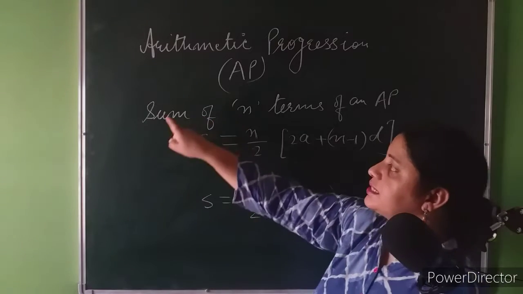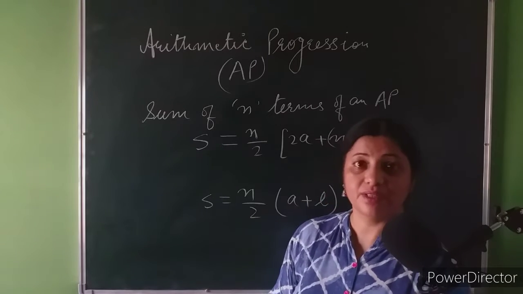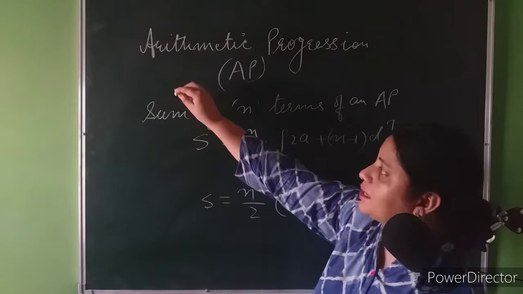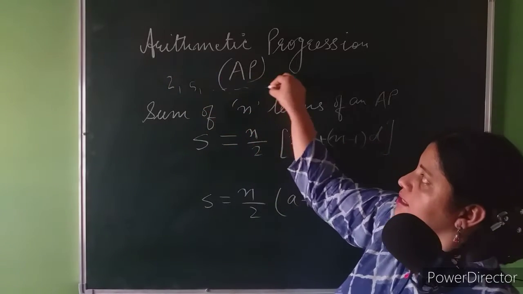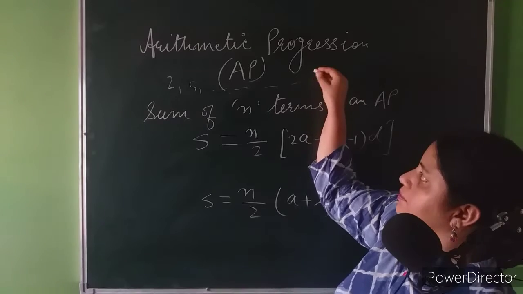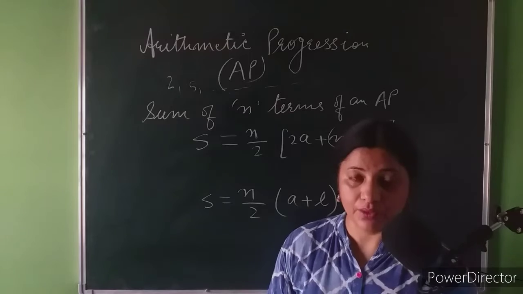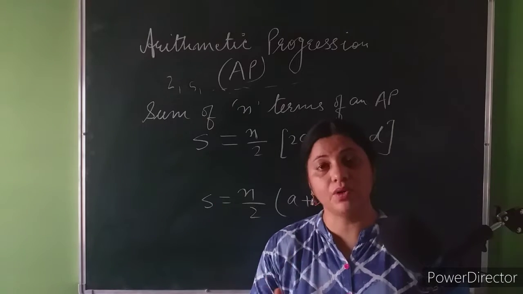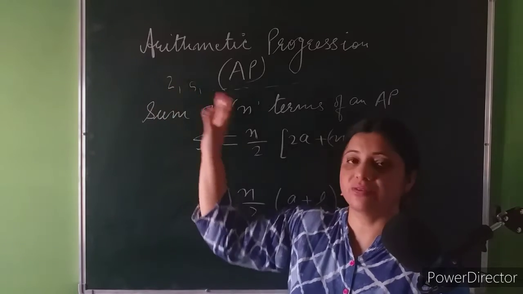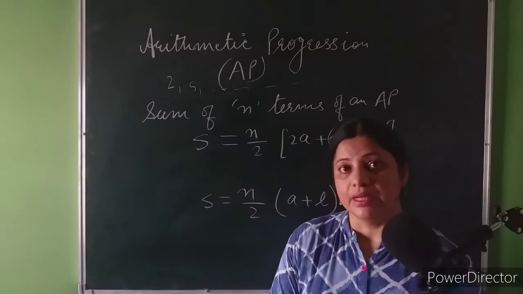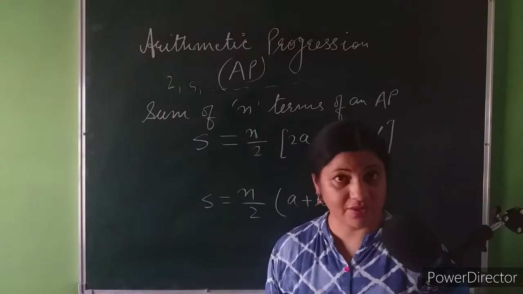Remember always, the first thing is the sum of n terms of an AP. What is the meaning of the sum of n terms? First of all, suppose I keep on writing the AP. Suppose I write 2, 5, like this, and I write a total of 100 terms. Suppose this is an AP and there are a total of 100 terms. The question is: find the sum of all those 100 terms which start from 2 and have a common difference of 3. Now one idea is to keep on adding all these terms, but that is not feasible, right?